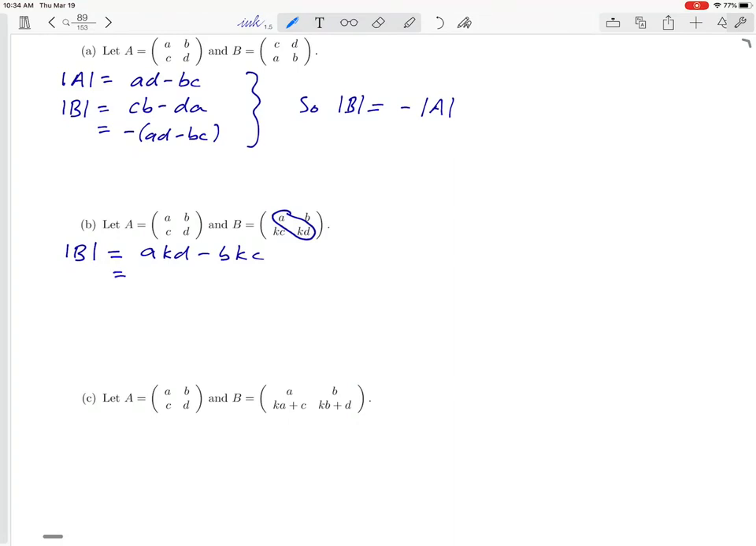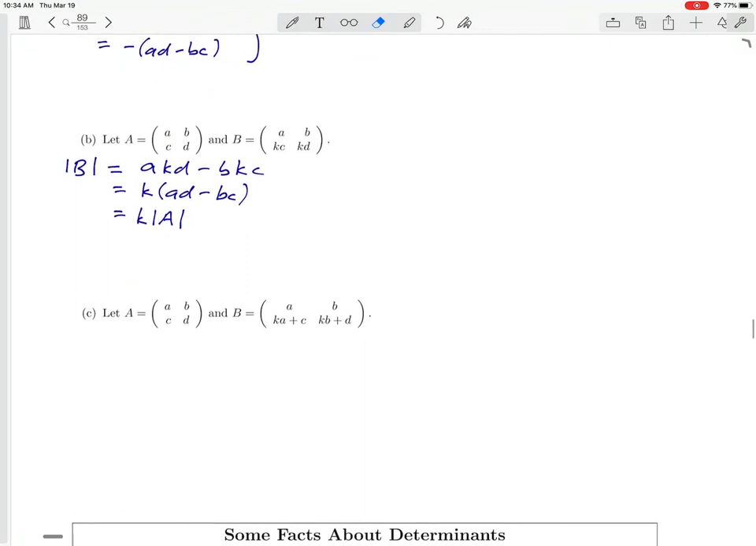And you might notice that we can do some algebra there. There's a K that occurs in both of those terms. We can factor it out. And interestingly, AD minus BC, that's just the determinant of A. So we get a relationship between the two determinants that looks like the determinant of B is K times the determinant of A. Okay, a way that we could summarize that is if you take a row of a matrix and multiply it by a constant, you just end up multiplying the determinant of the matrix by that same constant. Okay, and finally,